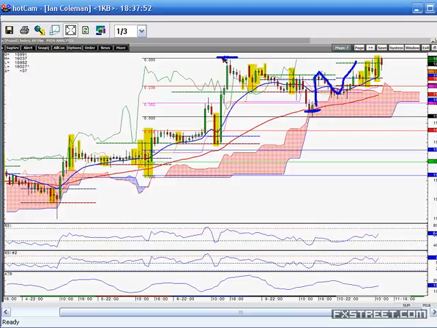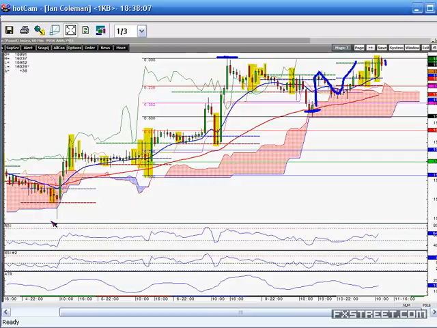Yes, we're having a pullback at the moment off the previous high. So it's obviously stops put in place here. People are looking for a double top formation, etc. But the bias still remains to the upside. So we're going to get an inside bar candle forming this out. Okay. We then look